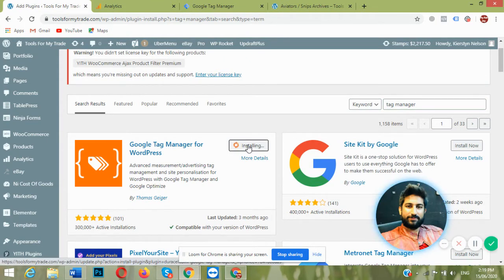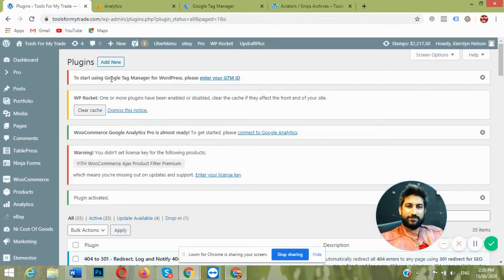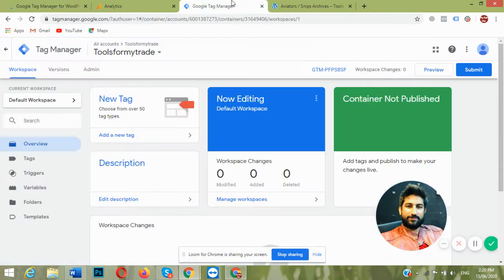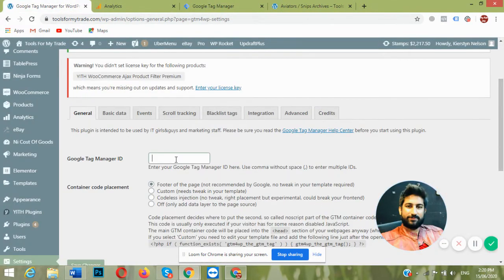So we just need to install this plugin and activate it. The plugin is installed, and to start using Tag Manager for WordPress, please enter the GTM ID. This is the GTM ID, and we need to copy it and paste it in the plugin.